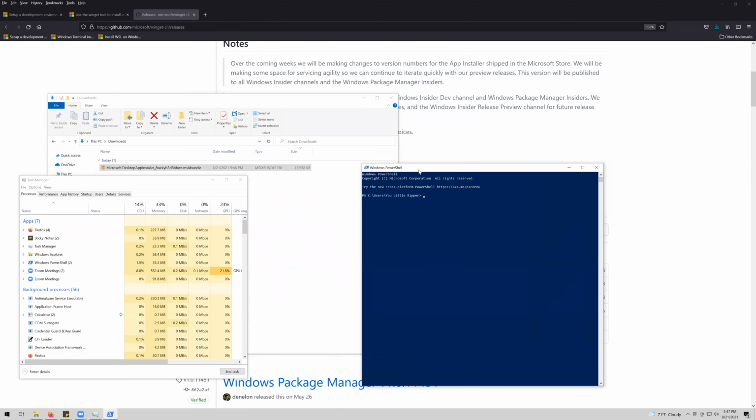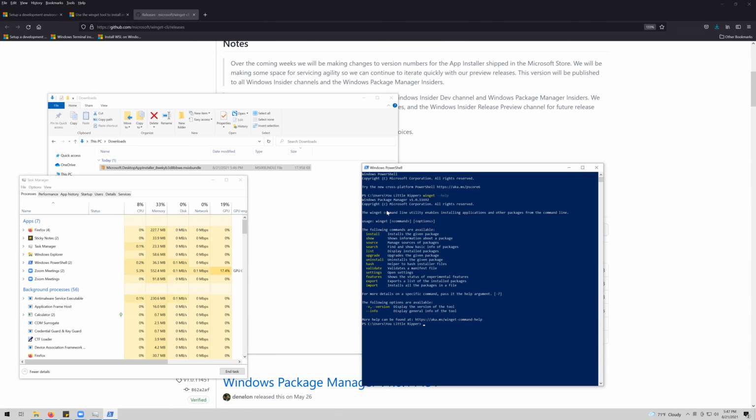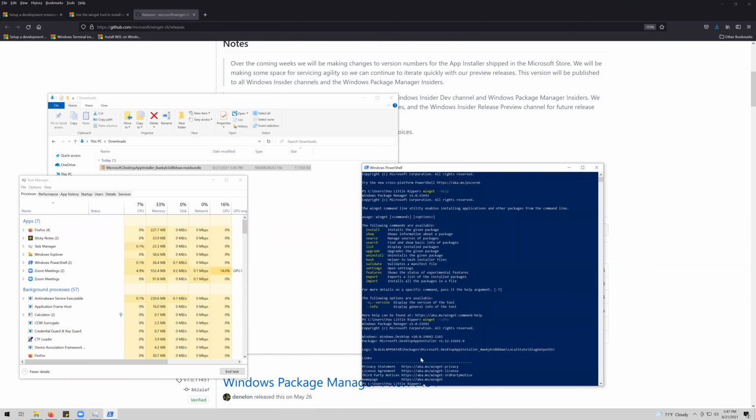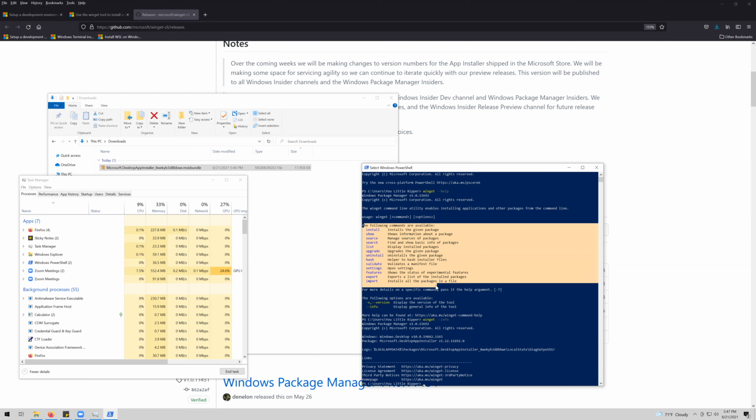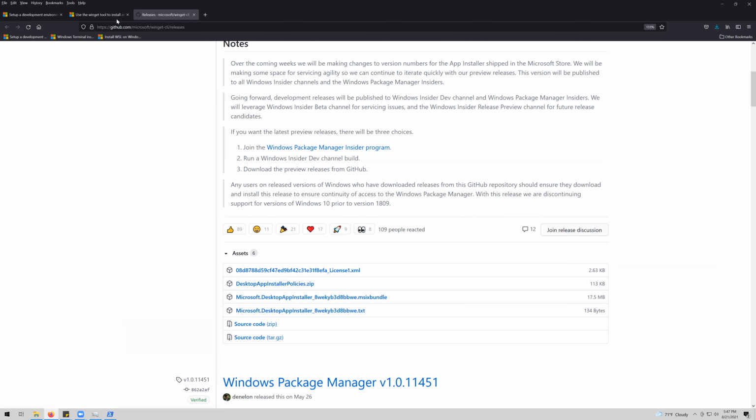and I do winget help. Let's see what it says. Oh, look, very helpful. All the help of the tool. So info gives me info about it. One of the things that will help you, obviously this help is helpful, but coming back to the documentation,